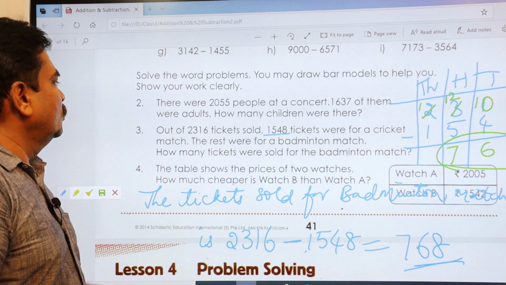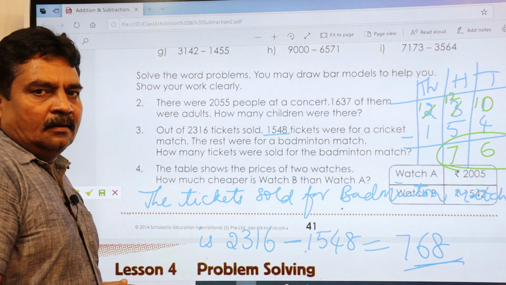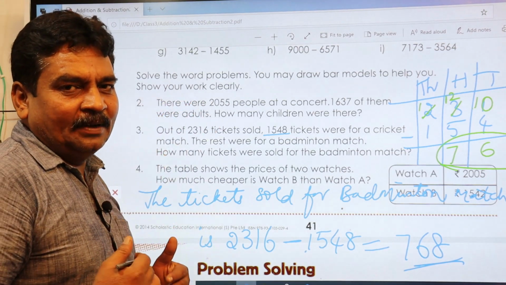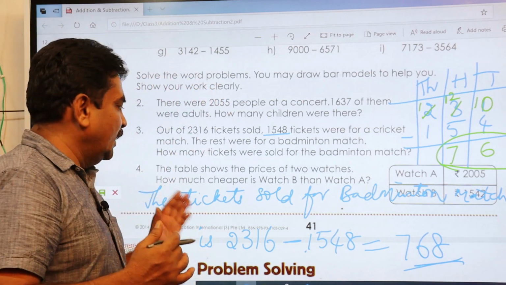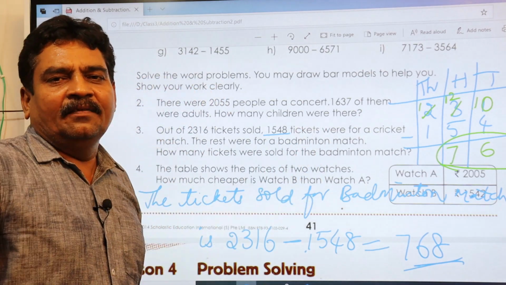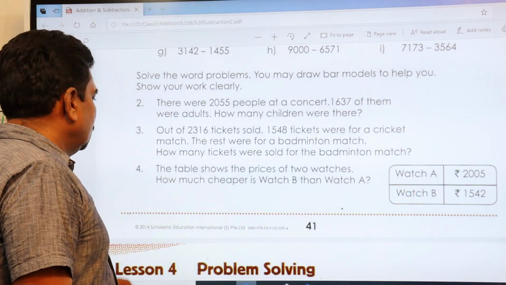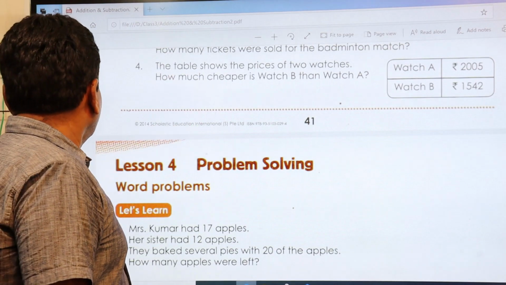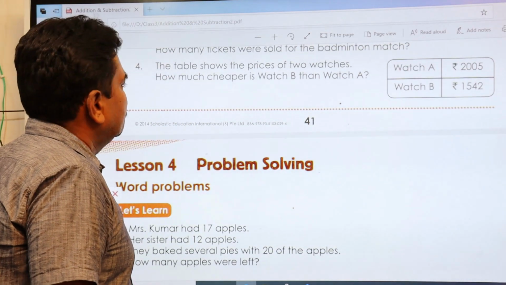Let's come to the next problem, that is the fourth one. Copy this, pause the video and copy line by line. Line by line means you have to write down the first line and then the next line. Don't write everything in a single line in very small handwriting. It is a very bad practice. Then come to the next one, that is your fourth one. I'll do the fourth one. You can see here.